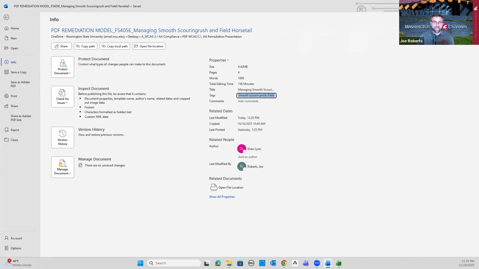You need to make sure that tags are input. Tags are kind of like keywords. They help with search engine optimization and describing what the subject is. And then you need author information. Those three items constitute the metadata. So as long as these three items are there, we can toggle back to our checklist